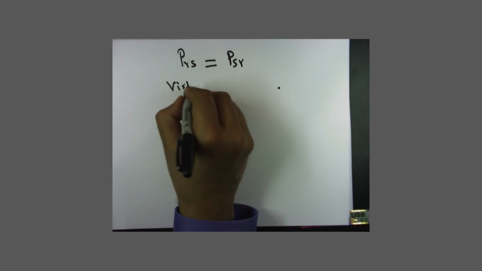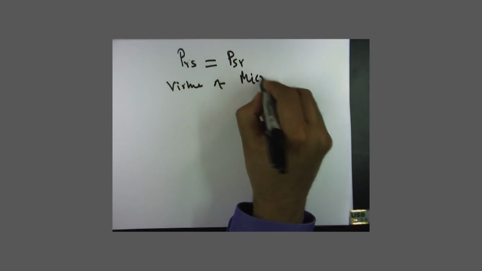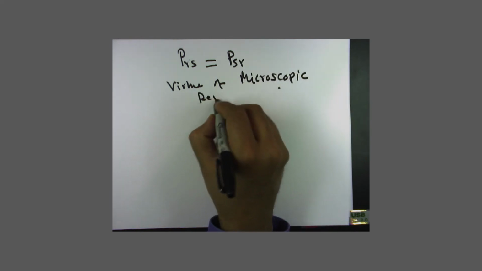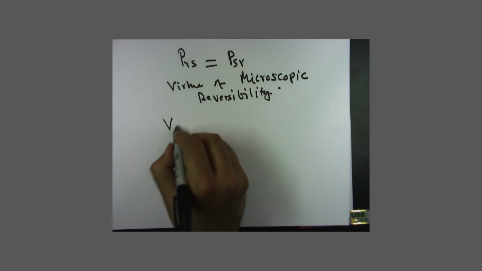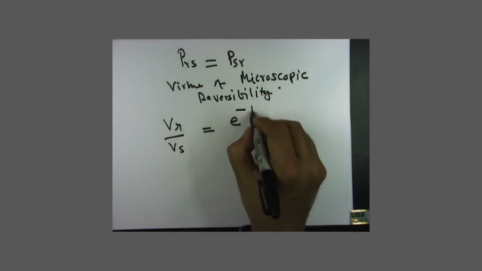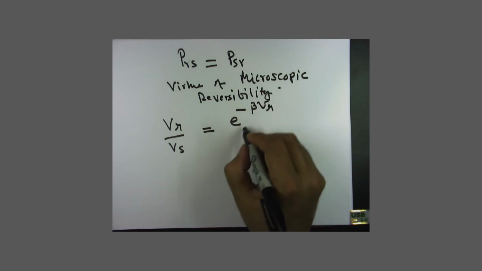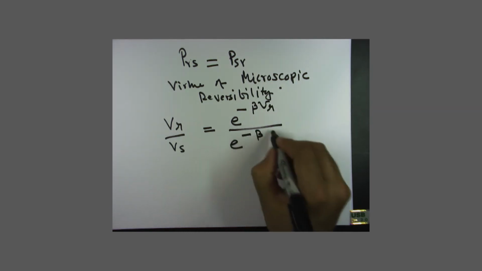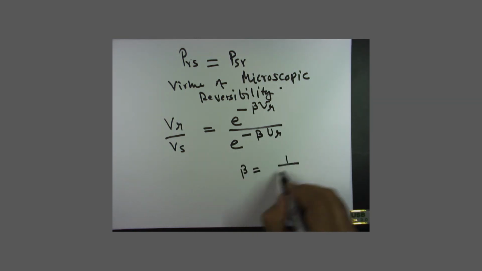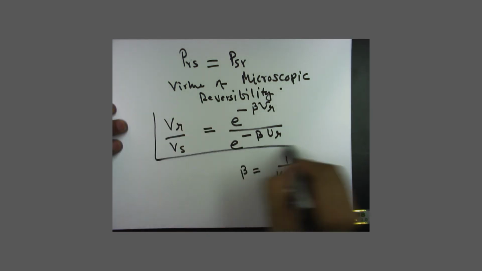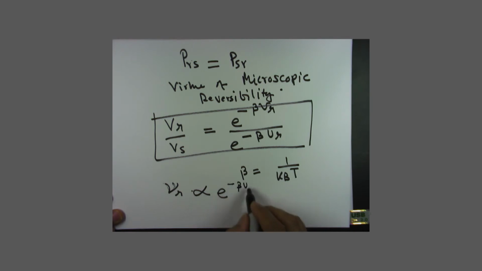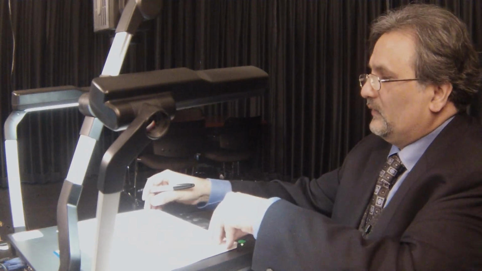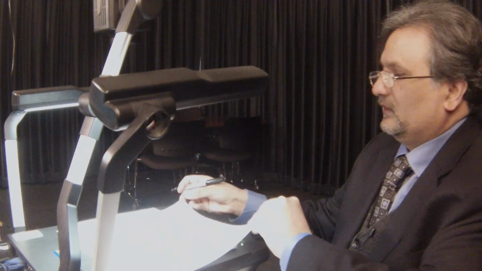By virtue of microscopic reversibility, what we see here is that V R over V S will be equal to e to the power minus beta U R over e to the power minus beta U S, and we know beta is equal to 1 over k B T. And so, what this tells us is that the probability V R is proportional to e to the power minus beta U R. And this is the proportionality which we need to establish